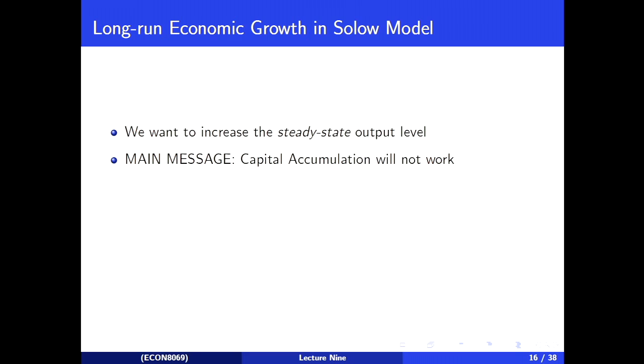So we want to think about other options that we might look at. The main option, or a main option, is technological progress. This is to say we try and increase A, or to a lesser extent lowercase h, but we try and increase A. And if we increase A, then we get what we want.